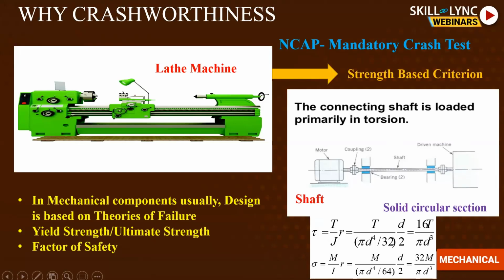So this is how you design a mechanical engineering component. But in crashworthiness, you want the material to fail. That's why that structure has to fail. Here the study is fully reverse as compared to mechanical engineering. The study is fully based on how the structure will fail. You want the structures to fail so that they can absorb the full energy of the crash. We will be studying this in detail in this webinar.